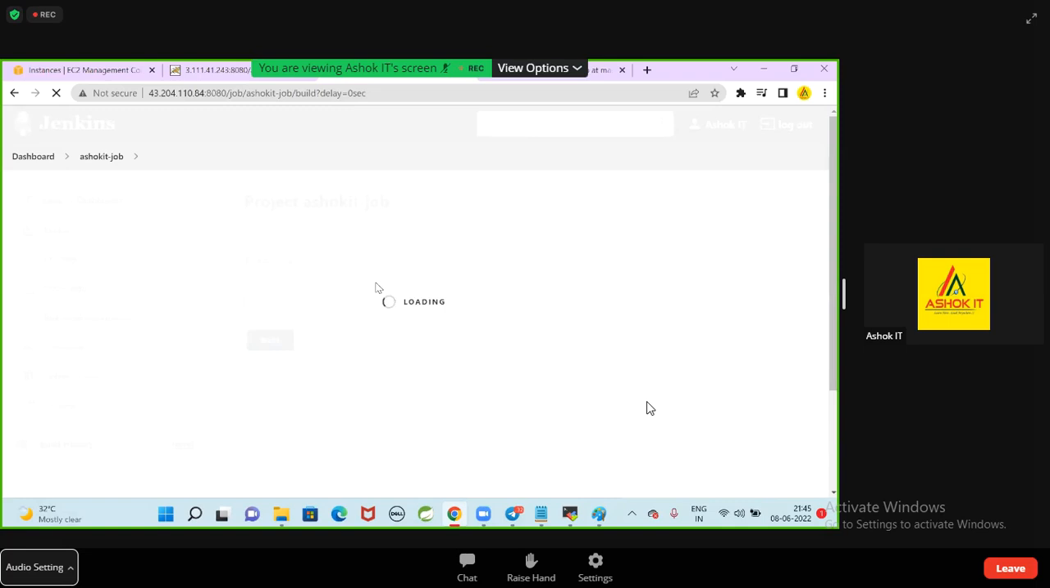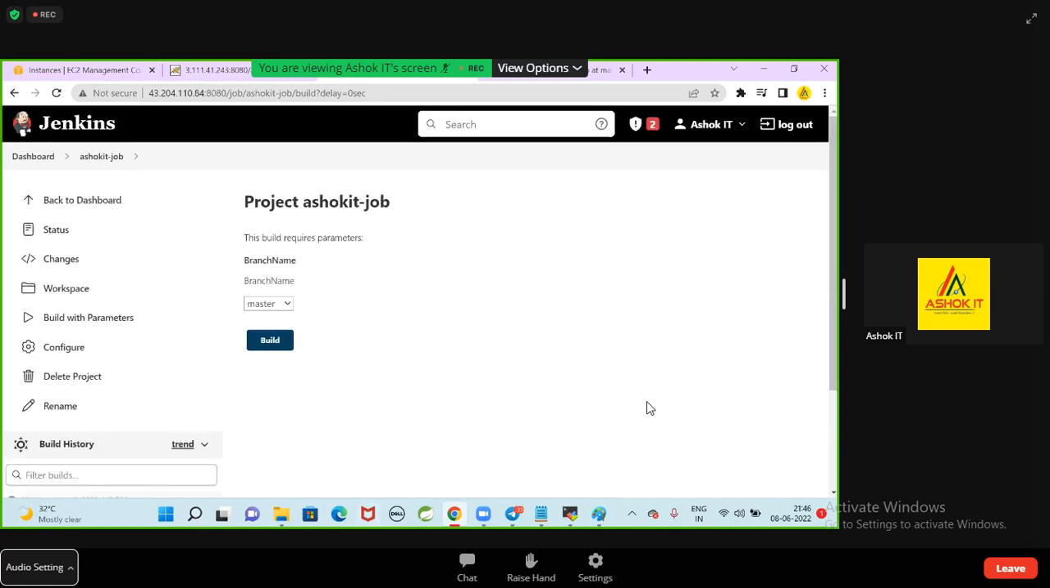Guys, anyone in the companies, have you seen build job with the parameter? Branch name will be selected to do the deployment when you are executing a job. Anybody's observed that in your project? Yes, in real time, definitely every job will have branch name as a parameter. Regularly you are doing that. Okay,